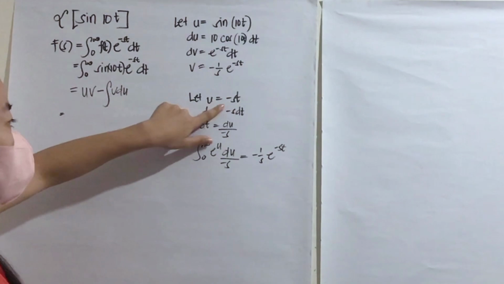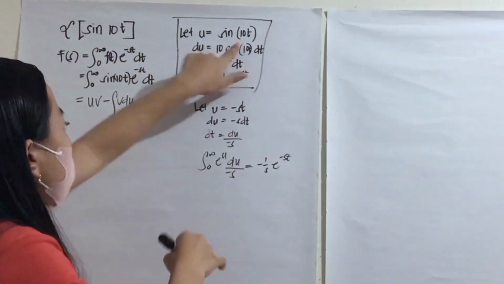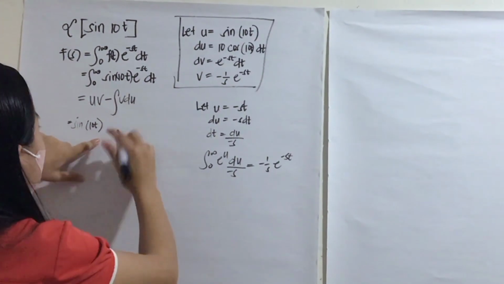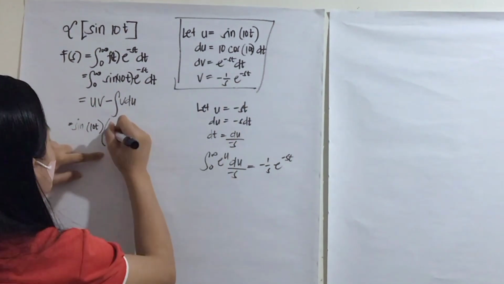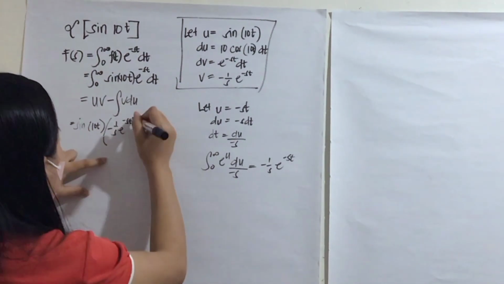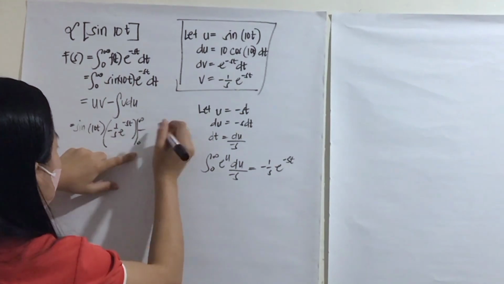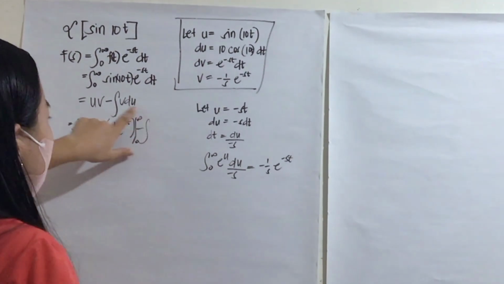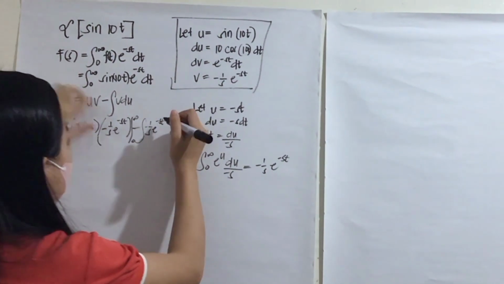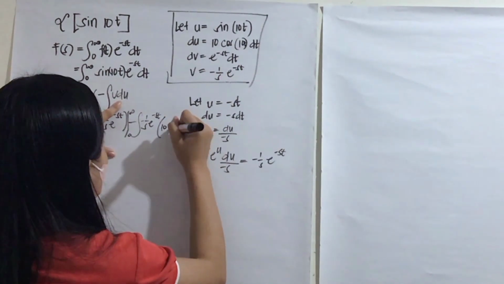Our u is equal to sine 10t, and then our v is equal to negative 1 over s e raised to the negative st, evaluated from 0 to infinity, minus the integral of our v, so v is equal to negative 1 over s e negative st times our du. The value of our du is equal to 10 cos